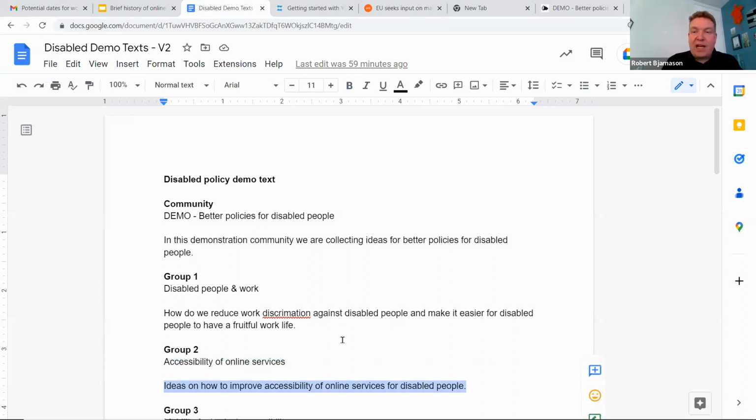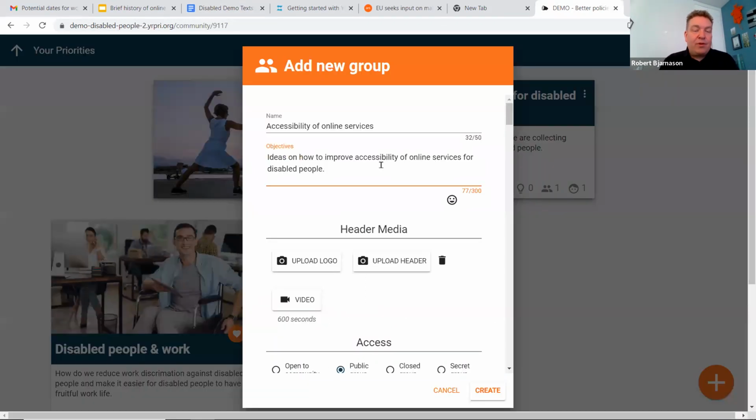And this is an example on how you could just have 1 group with ideas to empower disabled people. You know, we could have just had 1 group and just collected ideas in that. But this is an example on how we use the grouping feature to sort of focus the consultation. What type of ideas are you, as a civil society organization or as a government, looking for? So the groups allow you to frame the consultation in useful ways for you,